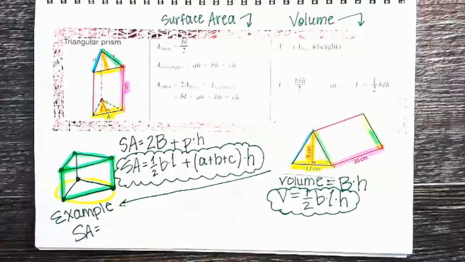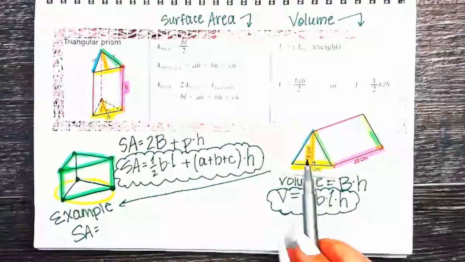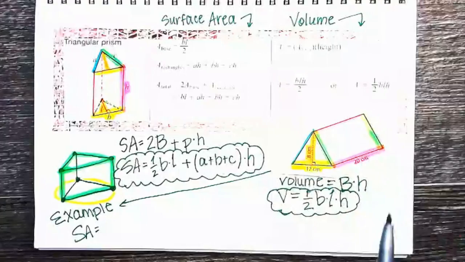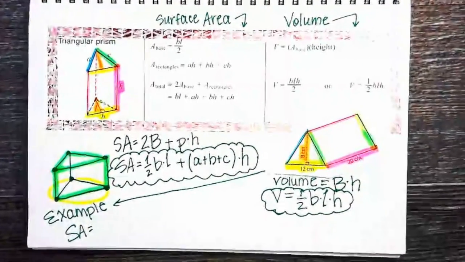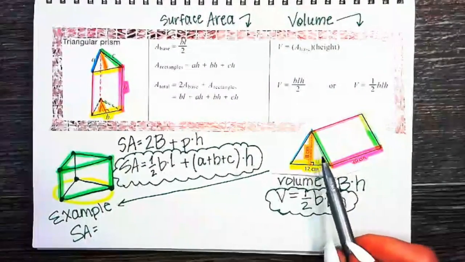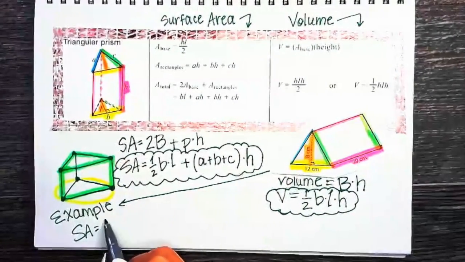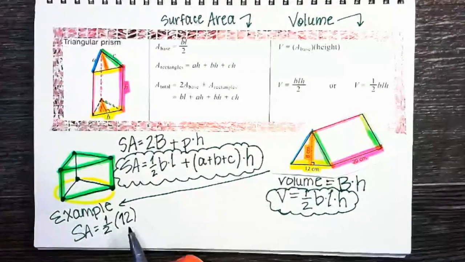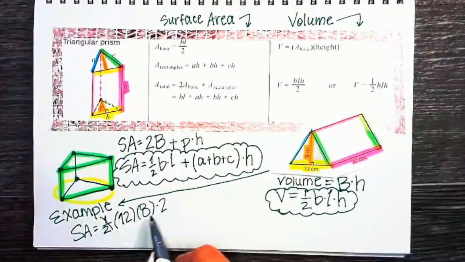Surface area equals 12 is the base, 8 is the length or height of the base, if you will. Even though I know, like in this picture, it's resting on a rectangle, the rectangle is still not the base by definition. This is considered the base. The base is the shape that keeps repeating itself in this little Post-it pile. So area of the base is going to be 1/2 the base of the triangle, 12, times height, which is 8, that, times 2, so really those go away,